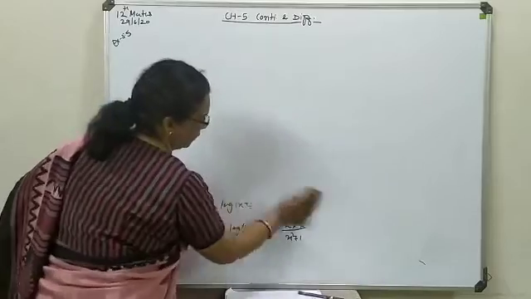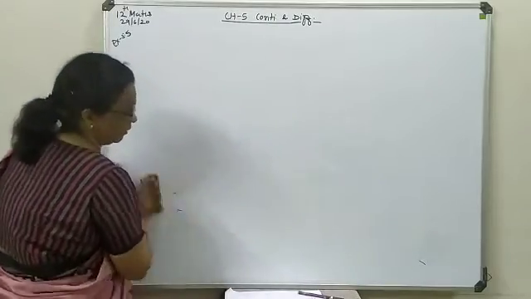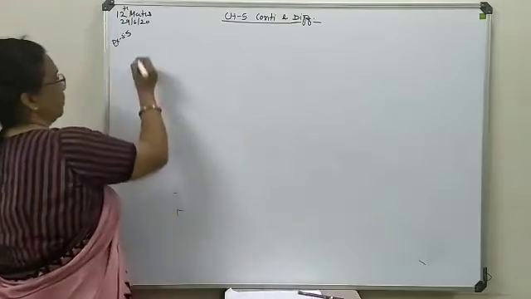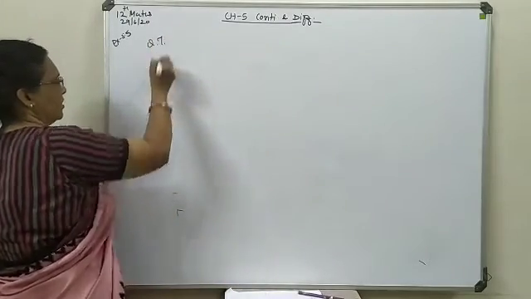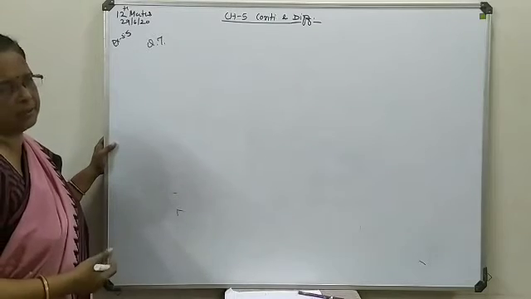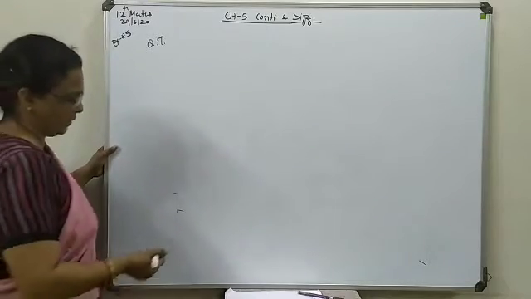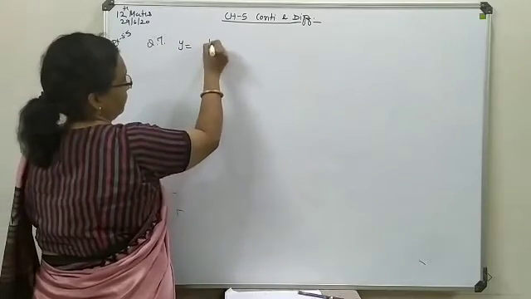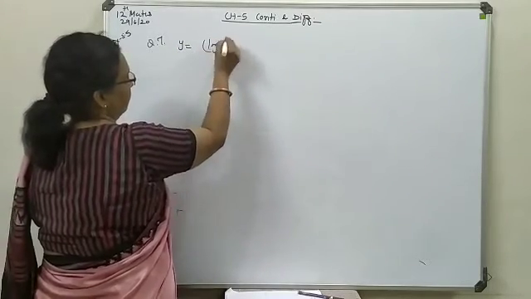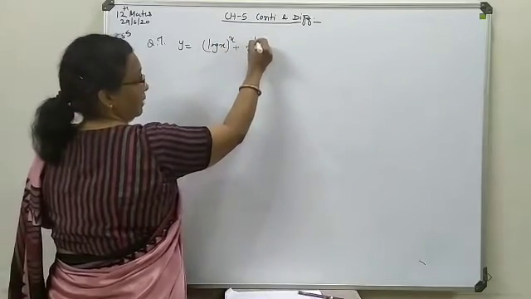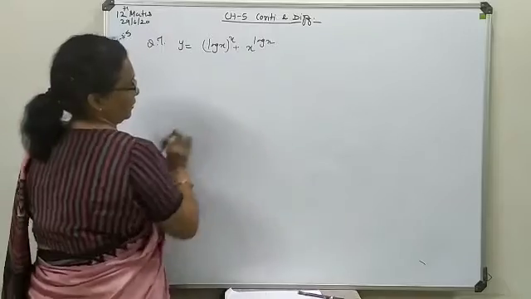Now further we look at some more combinations with different category. That is your question number 7. Here you can find each question is a unique one, and in each case you are having different combinations with the power and its base. So y is equal to log of x with power x plus x log of x.